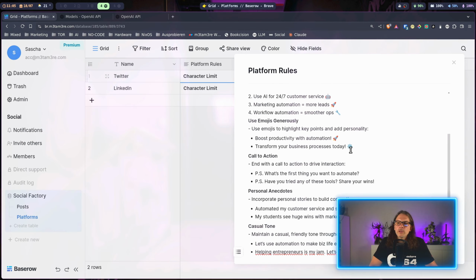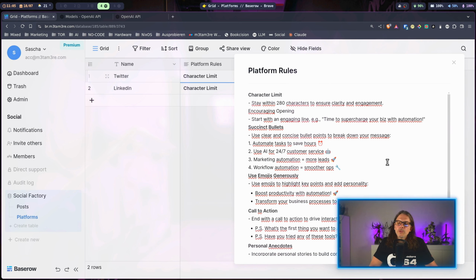So when we have a look here, this is just some general info for ChatGPT. Actually, I have used ChatGPT to create these ones. So when you build your own system out of this, please don't forget, the better you craft your prompts and instructions for ChatGPT, the better your results will be.